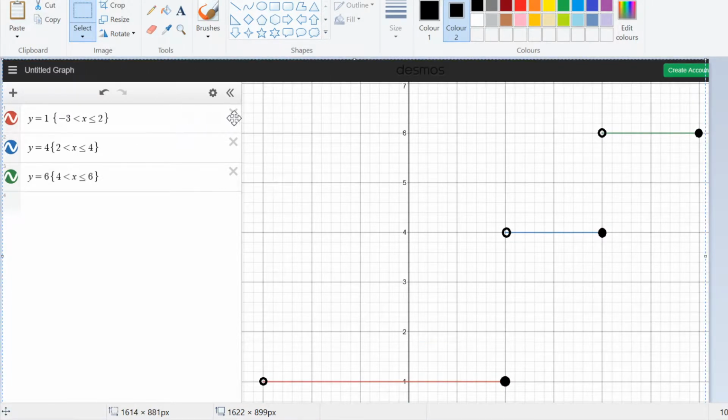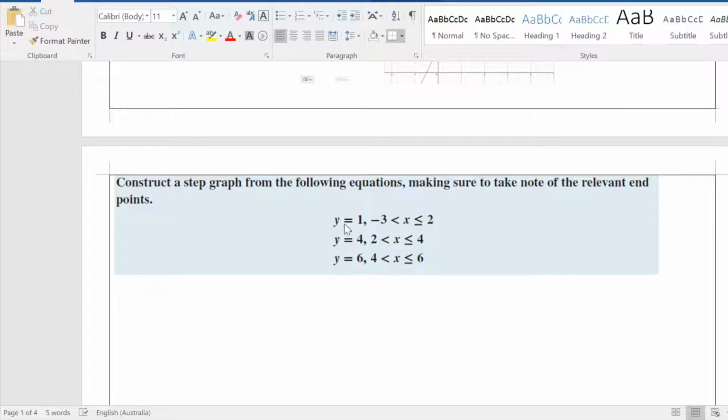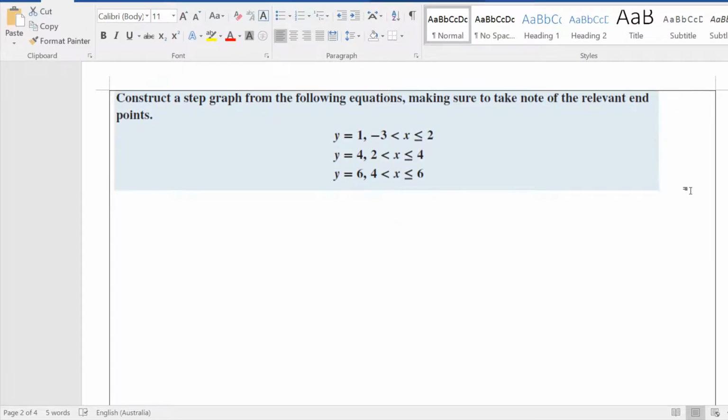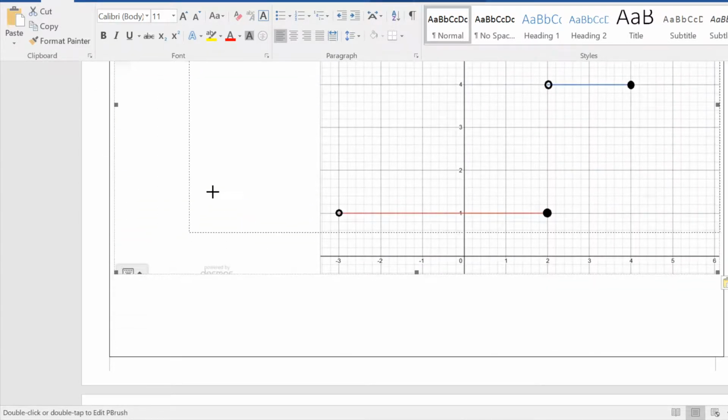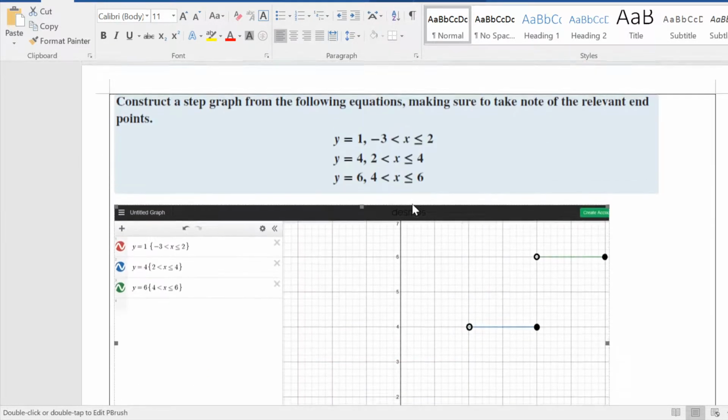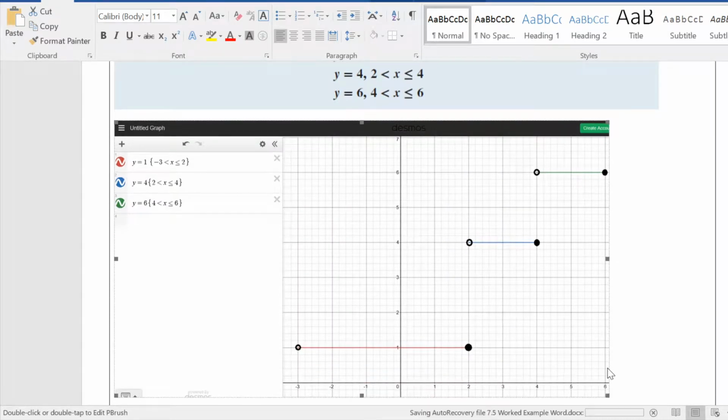There we go. So that's just going to go back onto our worked example here, and that's how we do it. Fingers crossed it works. There we go. I know it may not look the neatest. I would have actually preferred to hand draw this, but this gets the message across just the same. Okay, so you can see there. Just be aware, we do like to change it up a little bit, so just make sure you're paying attention